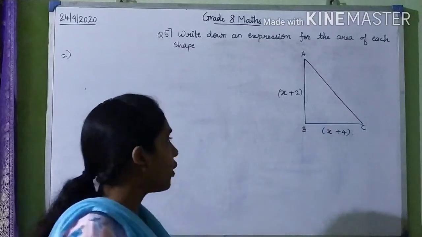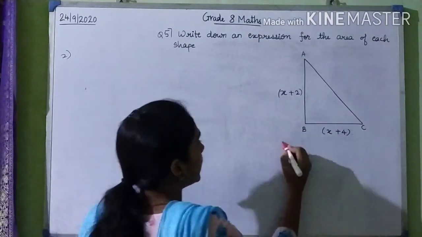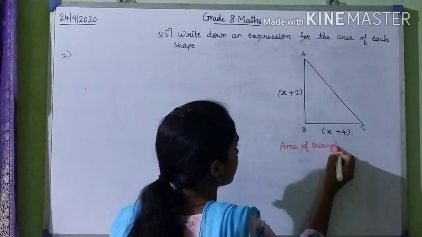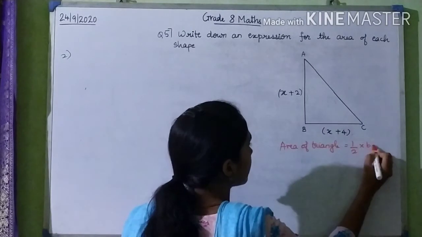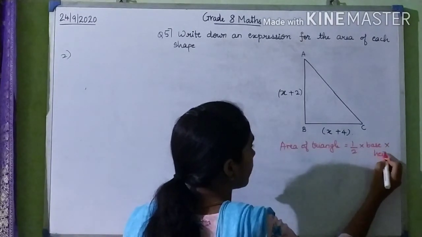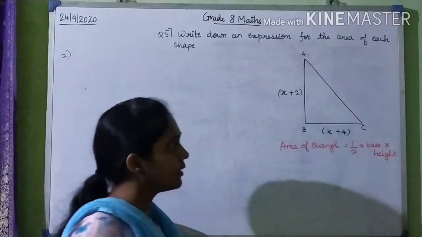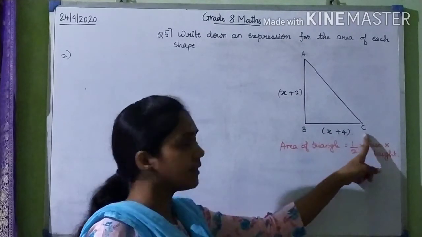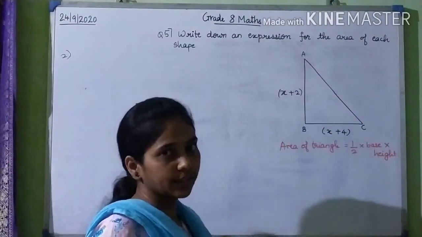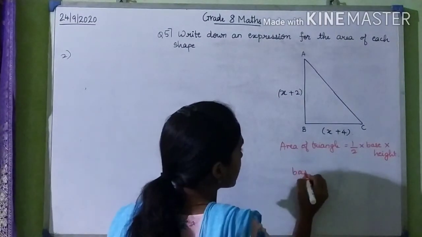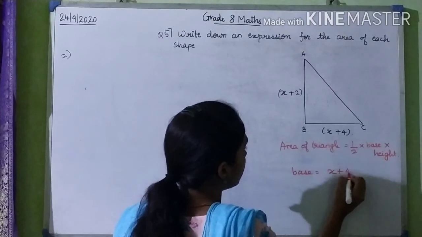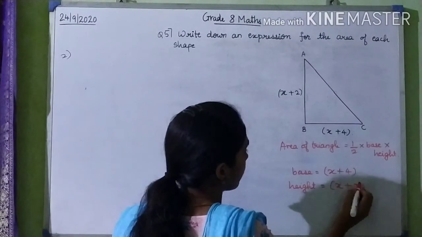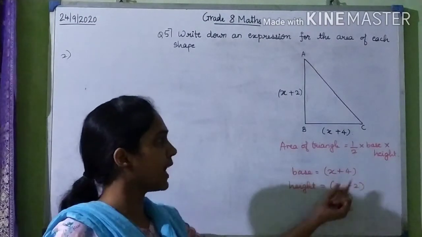So what is the area of a triangle formula? Area of triangle is half into base into height. Okay, half into base into height of the triangle. So here this is a right angle triangle which is given to us. So this is our base and this is our height. Okay, so I write the base which is given to us is x plus 4 and the height is x plus 2. Okay, so we have to put these values of base and height in the given formula